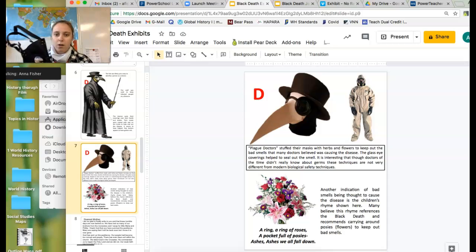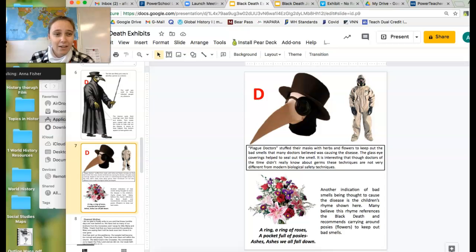And this really was about miasma and the bad smells. So they would shove in the nose of this a bunch of either roses or different herbs and flowers in order to not smell the bad smells, because they thought it was this bad smell that was spreading the disease. So if I'm smelling roses, I'm doing better. Now, smelling roses didn't prevent the spread. Wearing a mask actually did, though. Who would have thought?